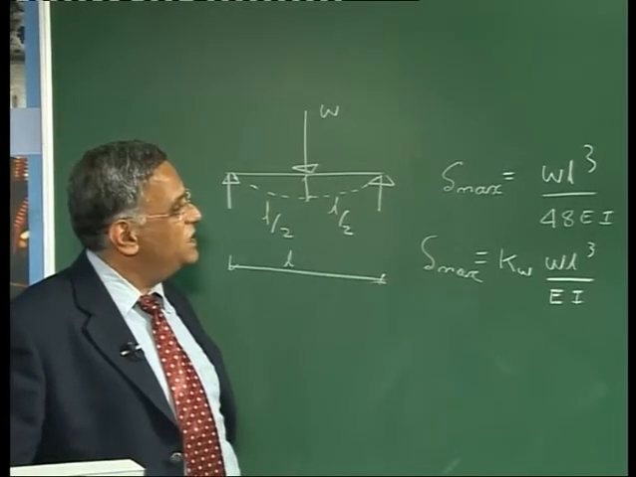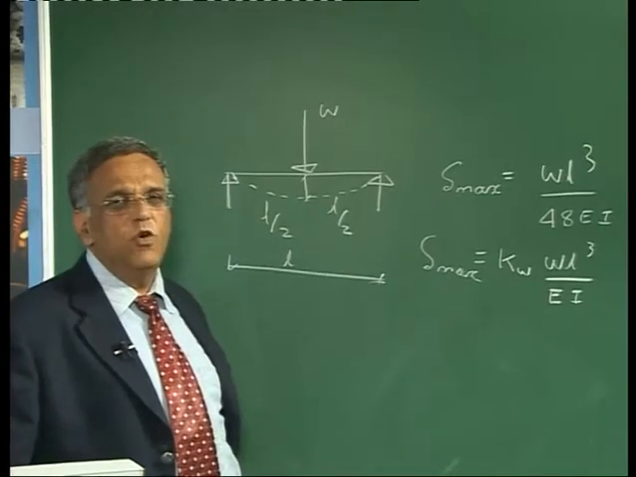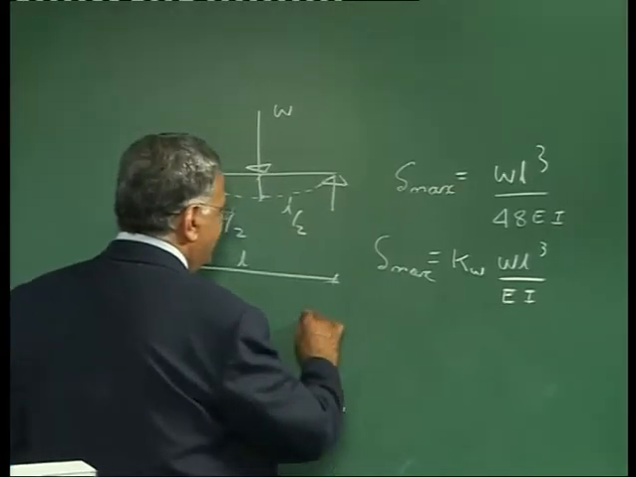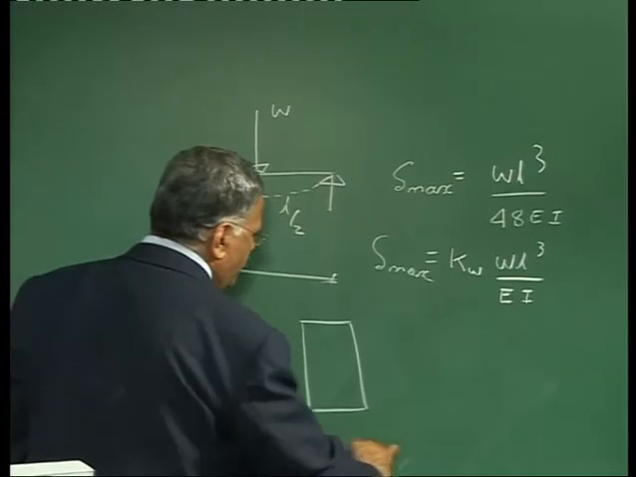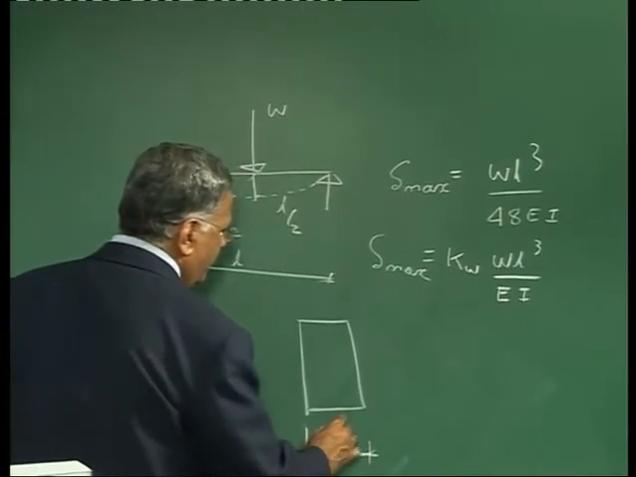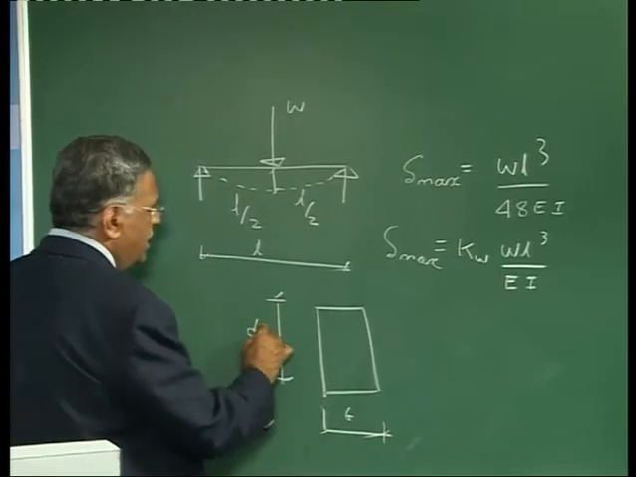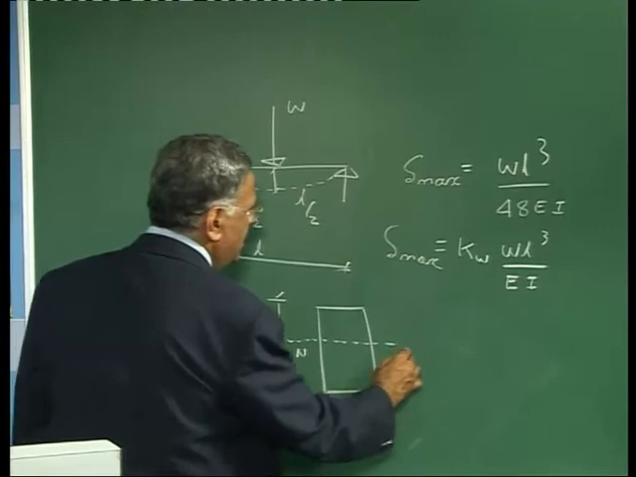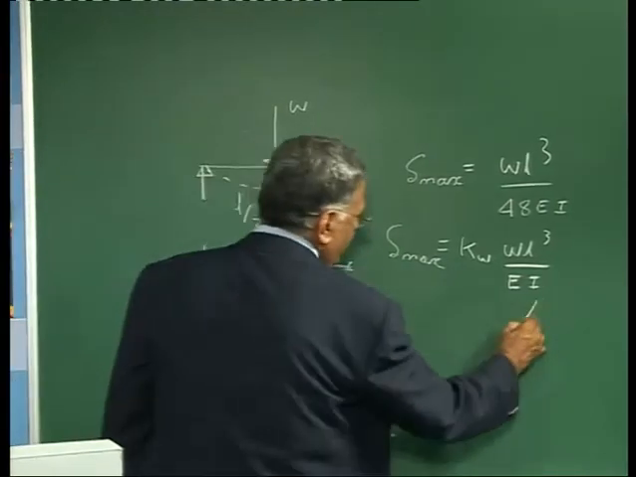This moment of inertia I is valid if the material is homogeneous. If you have the same material throughout, straight away one can easily calculate the value of I by a simple formula like BD^3 by 12. For a rectangular section, the moment of inertia I about the neutral axis is nothing but equal to BD^3 by 12. But